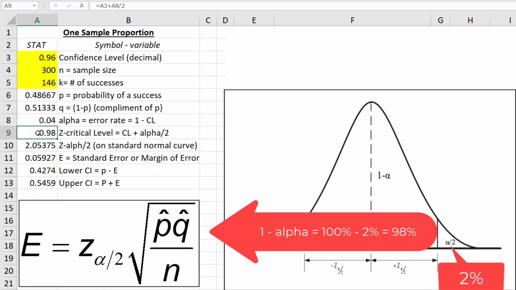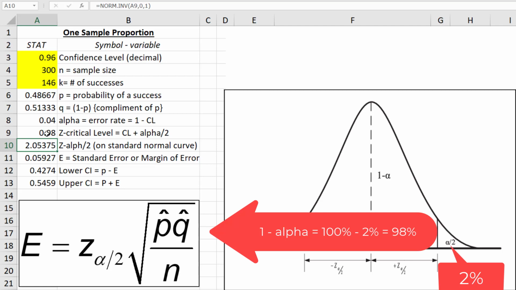And that's where this calculation comes from, is finding that area below it, which, as I've written here, is simply just our confidence level, 96, plus our alpha divided by 2, so plus half of this. So in my calculations, I just took this square and I added this square divided by 2, right? So I have A3 plus A8 divided by 2, and that's going to give me that 98%